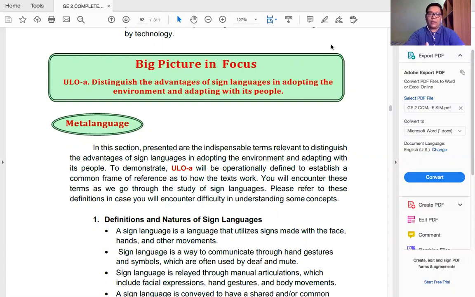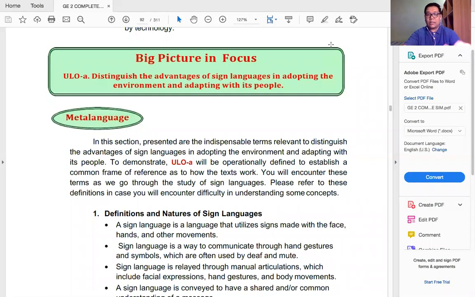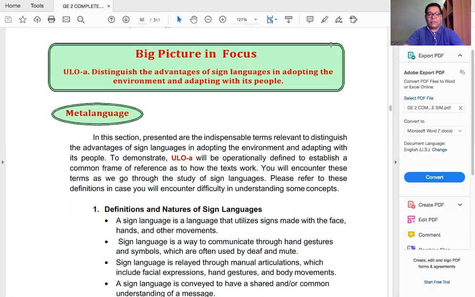Same is true with the next topic that I will be discussing to you, the use of sign languages. We know that sign languages are also culture specific, which means the sign language used by one culture may be totally different from the sign language used by another country or another group of individuals. So this time we shall be understanding the role of sign languages and how they help in making people adjust and cope with the demands of communication for a specific speech community.